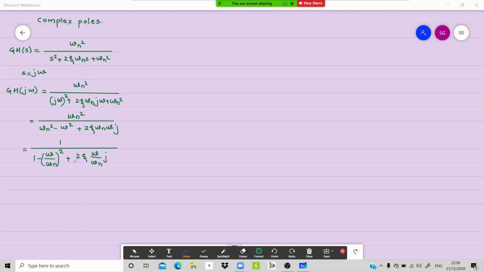Now to get the real part and imaginary part separate, we'll rationalize this. I'll start from this, so it will be easy. So you are going to have 1 upon